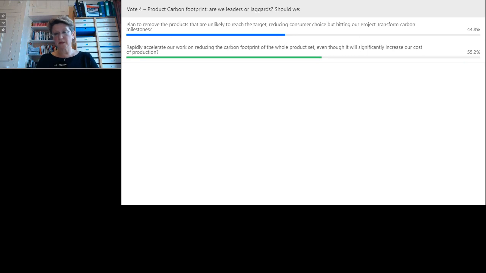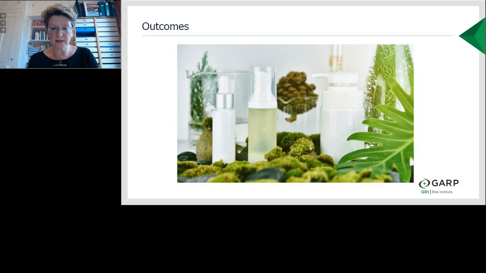Here we go. It's a bit more even, this one. So a majority want to rapidly accelerate the work on reducing carbon footprint of the whole product set. You are extremely ambitious. The Julie Baddeley effect has rubbed off on many of you. But some of you think it's better to actually just remove the products that won't reach our internal target. So I think we're going to hear from the panelists, but in terms of the outcome,